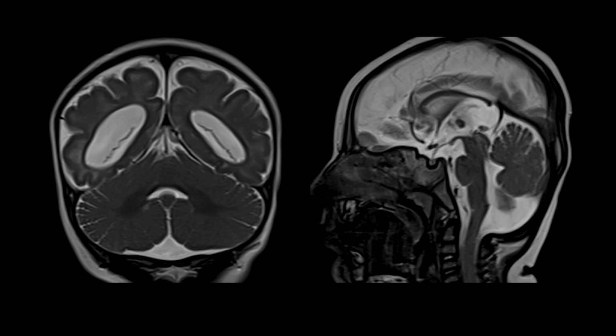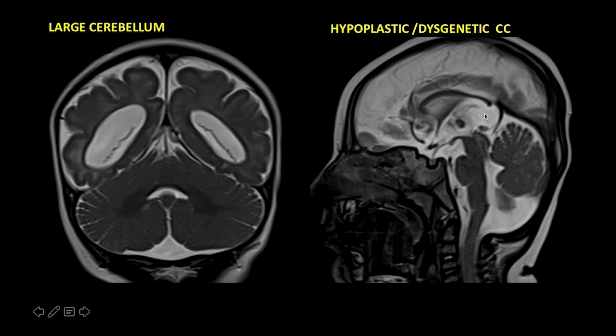However, the sagittal images are very important to assess the brainstem growth pattern and corpus callosum. This corpus callosum is normally myelinated, but it is thin, immature configuration. The rostrum is absent, and splenium is also pretty much small and hypoplastic. It can be called the hypoplastic or dysgenetic corpus callosum,